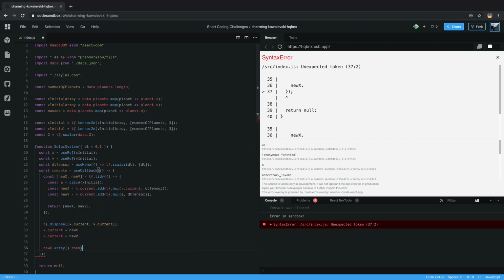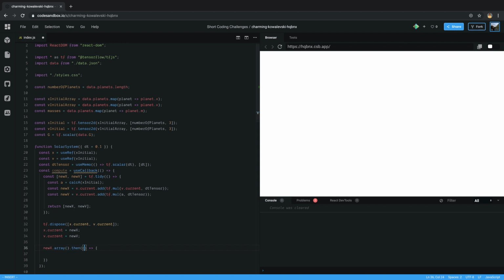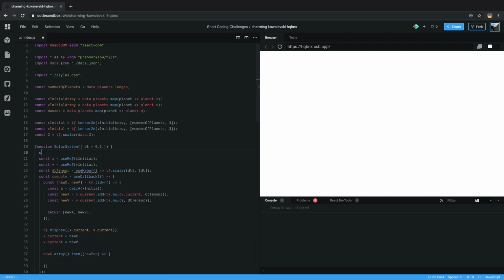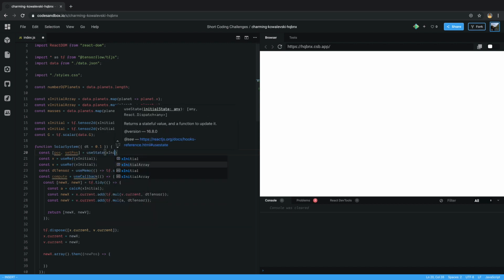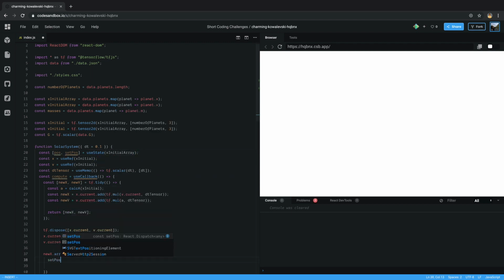So I can use the array method, which returns a promise, and when the promise resolves, I can have access to the actual JavaScript object. Now this is what I'm going to use state for. So I just define pose and initialize it with the initial positions array,